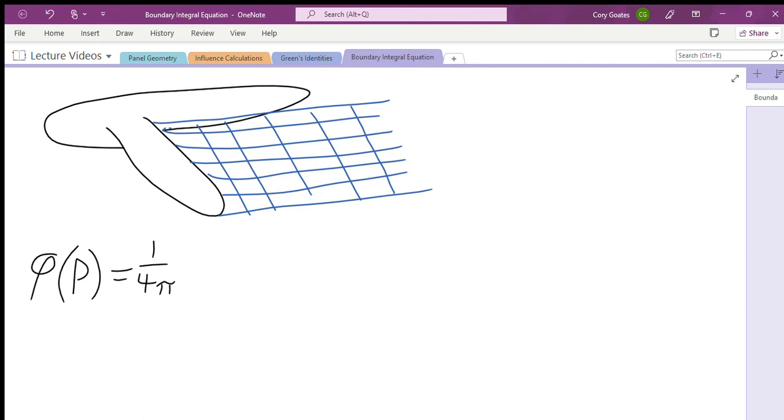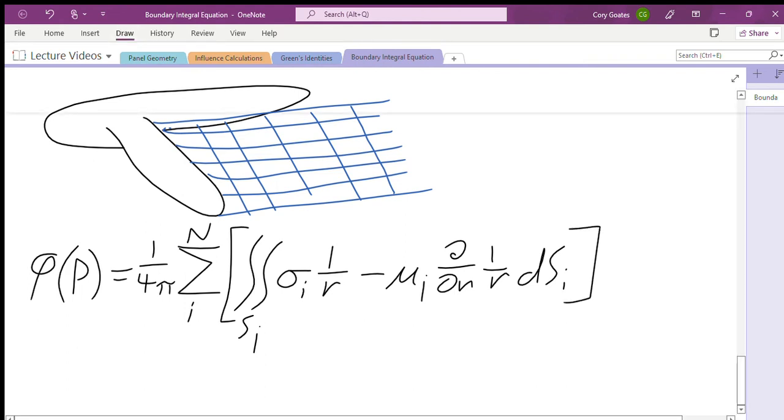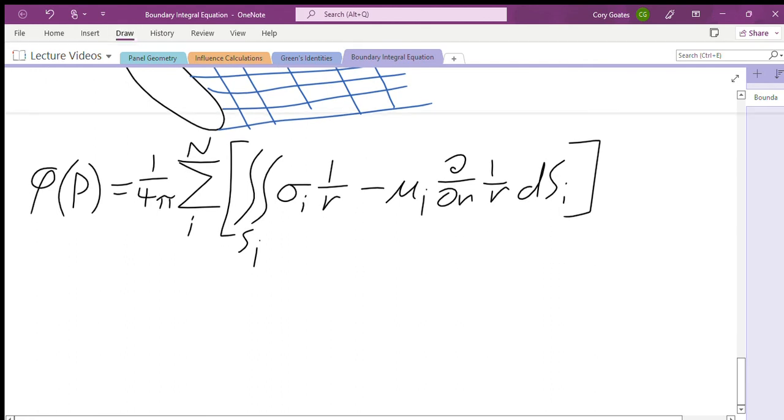Again, I'm going to do the sum over all of my panels, double integral over S sub i, where we've got our chosen distributions of sigma and mu, partial n, 1 over r, dS sub i. And now we include just another set of terms to model the influence of the wake,